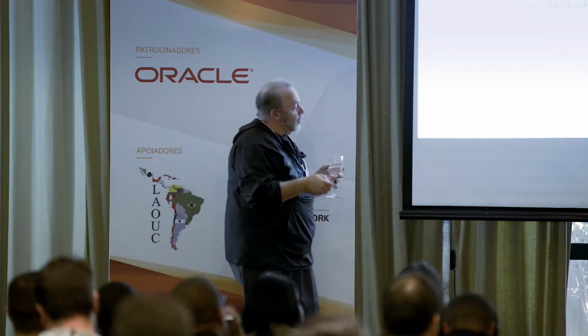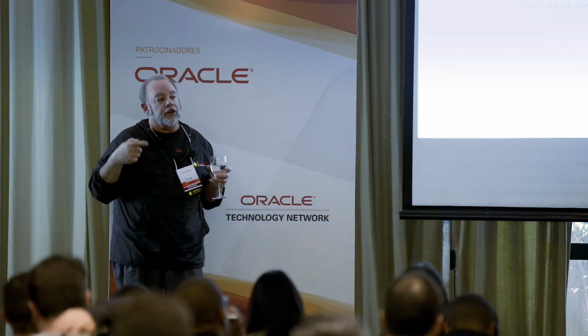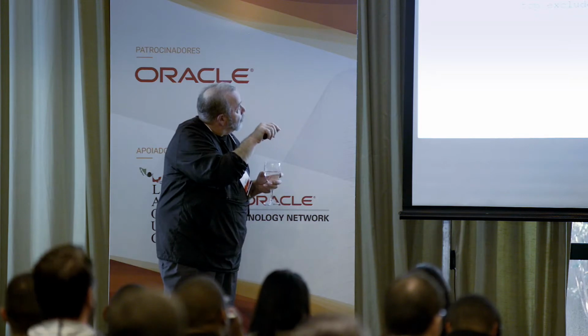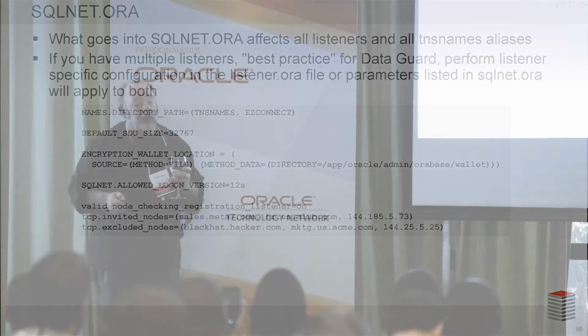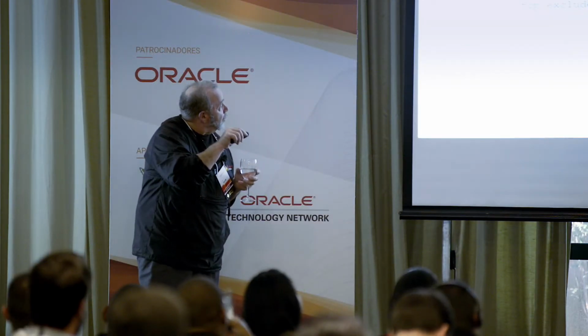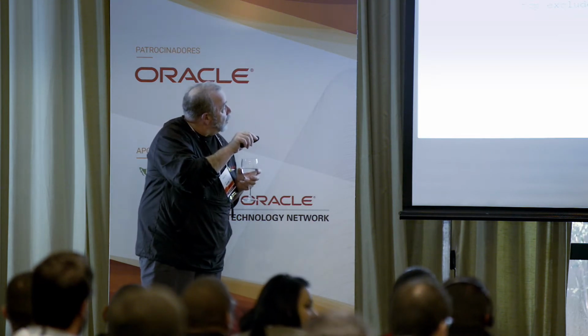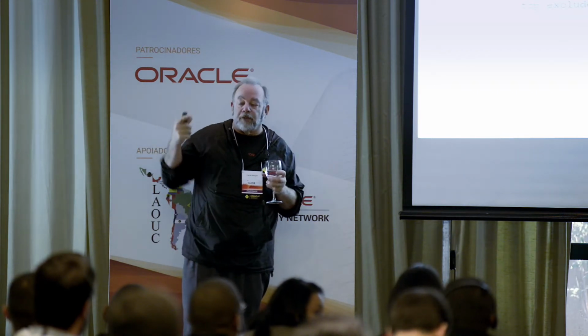Another piece of the puzzle that is, from my perspective, absolutely critical if you want to keep people out of your database who don't belong there is valid node checking. Now, I first saw valid node checking in Oracle in version 8. It's been there for a very, very long time, but it's almost never deployed. And here's what valid node checking does. And again, this goes into sqlnet.ora. What I am saying is you cannot connect to my Oracle database if you're not coming from a valid